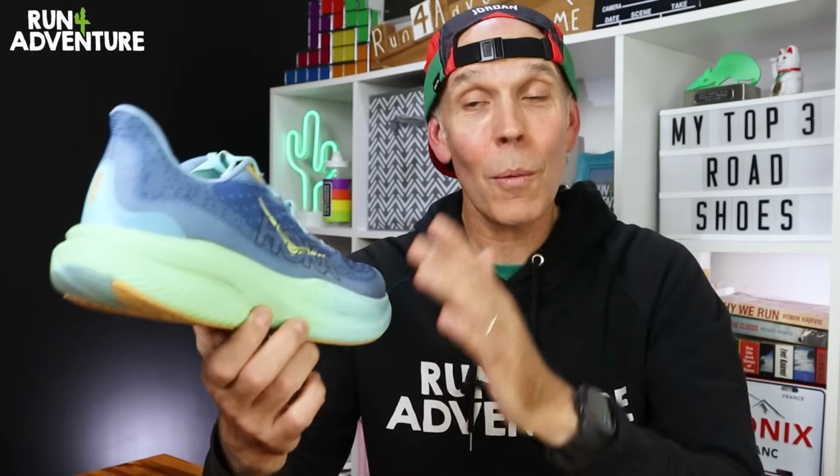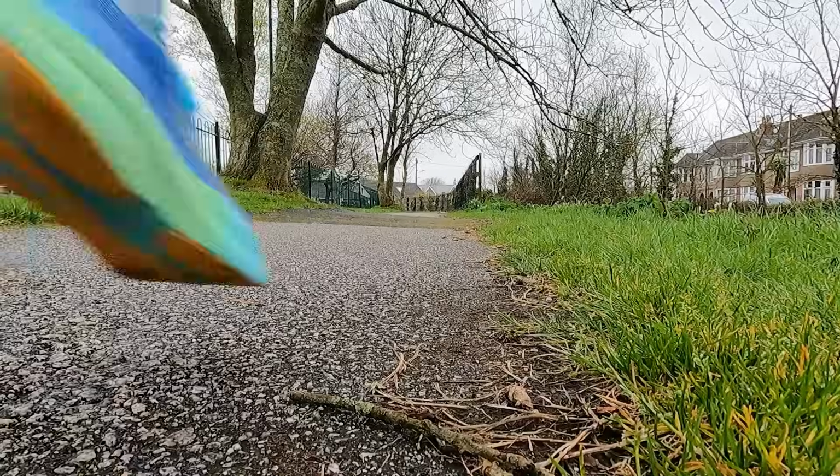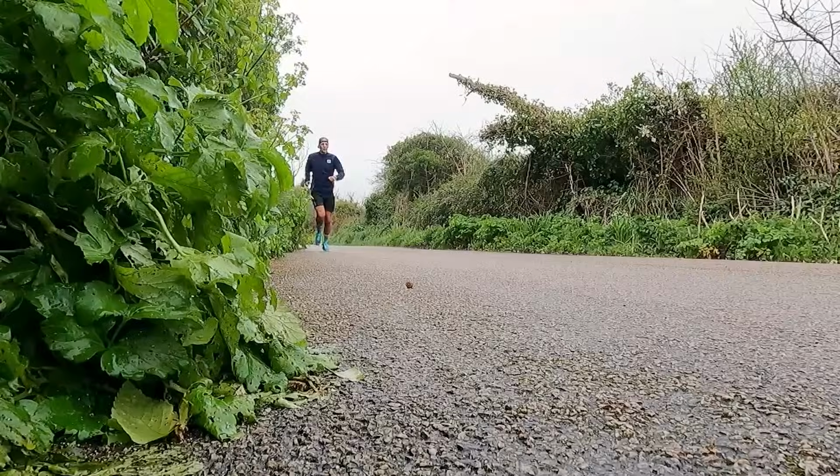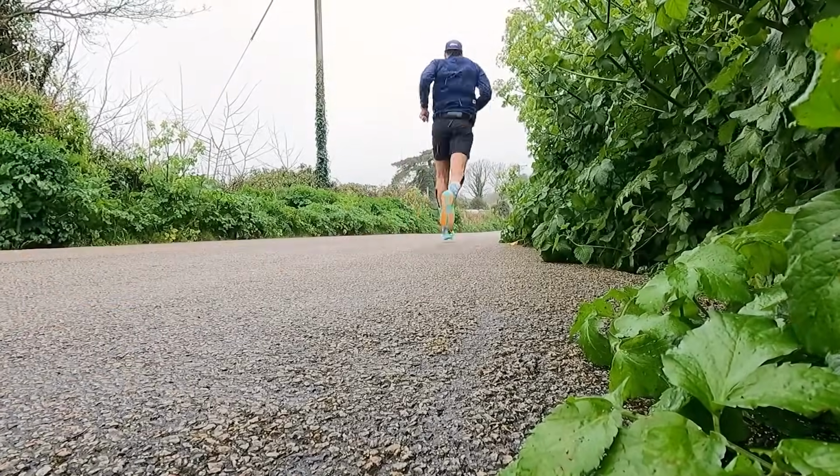Yes, they were super lightweight, which I liked, but that midsole did feel a little bit firm and quite uninspiring, especially for a Hoka running shoe. Happy to report that these, the 6s, feel the complete opposite. So this supercritical foam midsole feels comfortable underfoot, it feels snappy, responsive, feels like it's giving me lots of energy